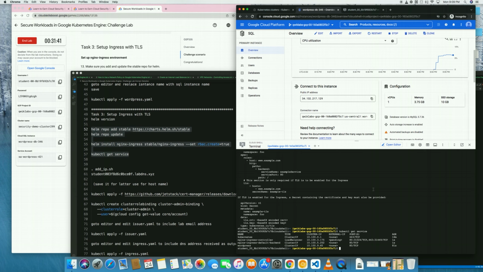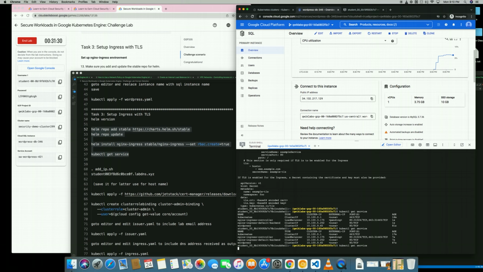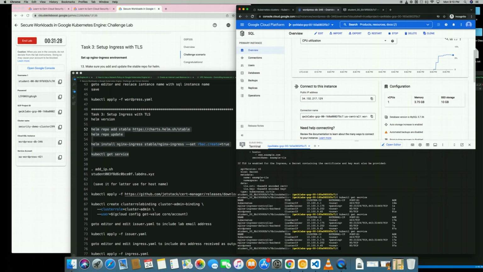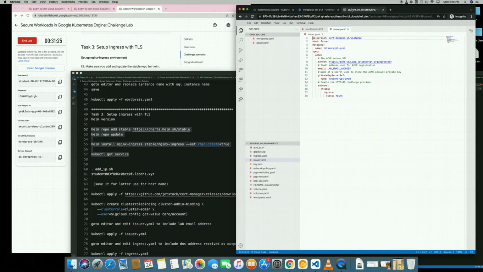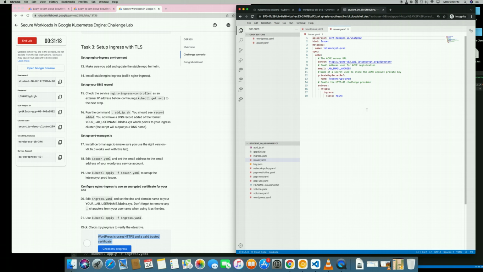Right now just open these files and I will show you what needs to be done. Here you will see get services, and you will see pending. Just wait until some IP address is shown. Before that, don't do anything. Just wait a couple of seconds. Be patient, my dear friend, because in the long run you will face issues if you don't wait. So just copy. Now come to your editor and go to issuer.yaml and remove this